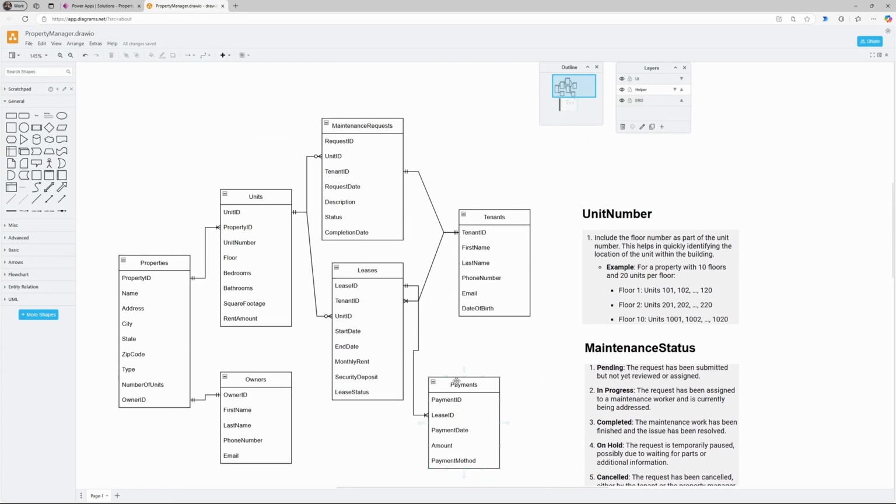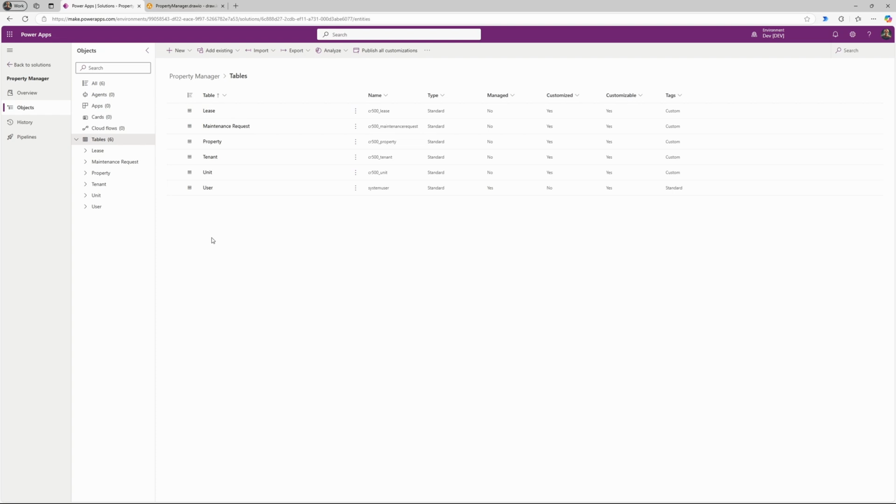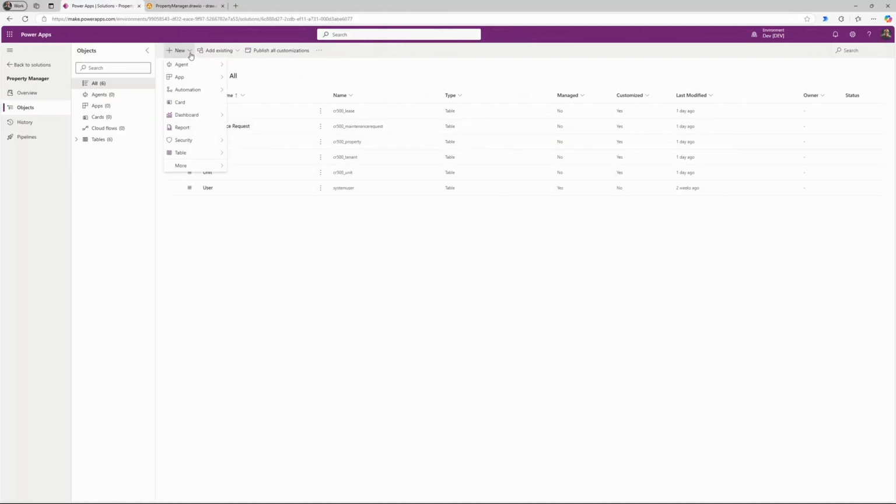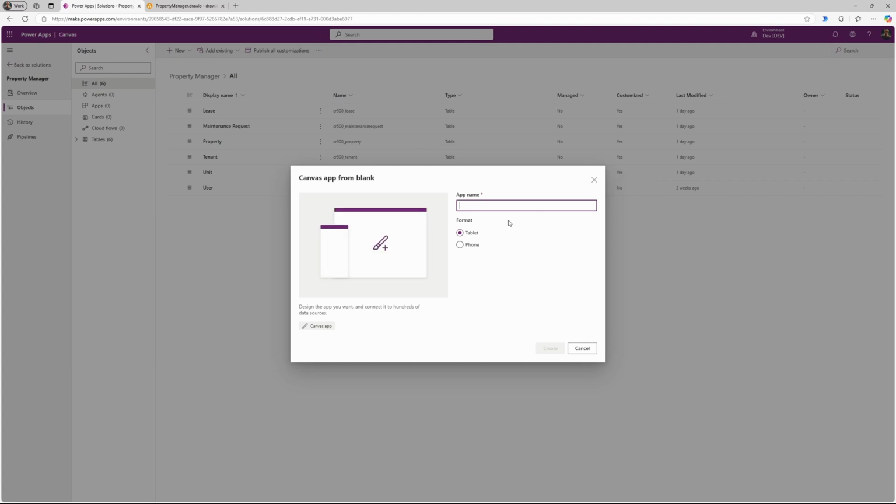So I'll leave out the payments for now, but that could be added on. You can sort of follow the idea here, how to do that. Next up will be to start creating the interface, and you can create the interface as a Canvas app on top of this Dataverse table, and you can create it as a model-driven app. Let's try to explore both of them to get the idea of how to work with the tables. Let's build the Canvas app as a start. So I'll choose a Canvas app and I'll name it